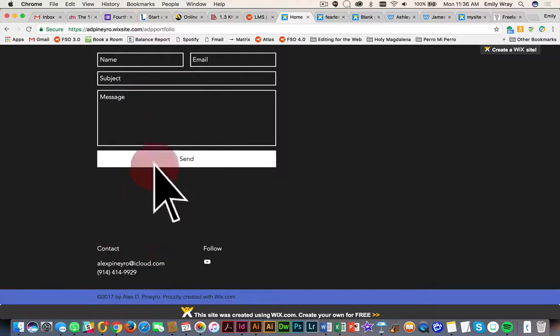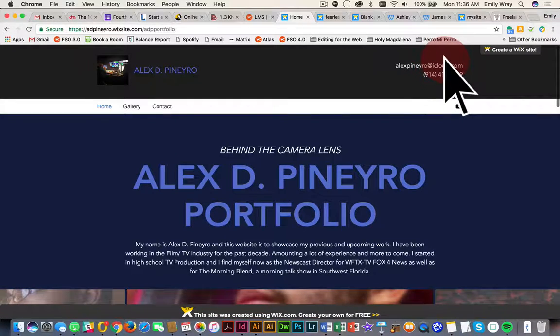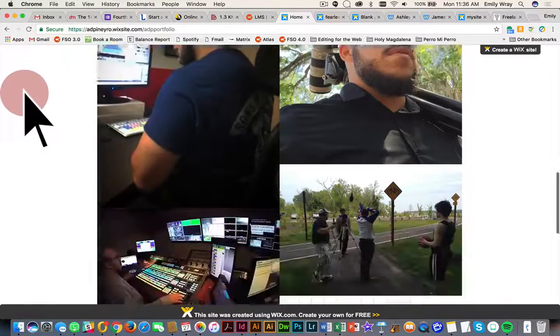because functionally they do the same thing. They send you a message. So you might opt for one or the other in that regard, especially since you provide that information already here up at the top. So jumping next to gallery, okay, so that just drops me down to this part of